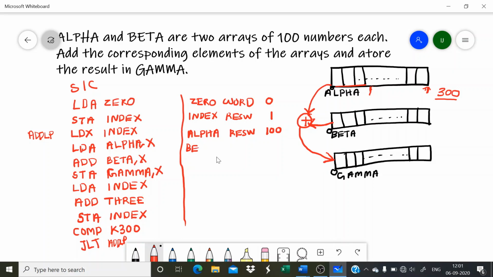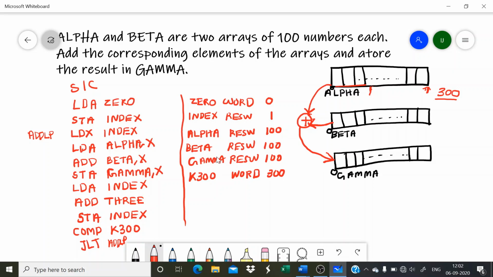Again beta RESW 100, similarly. Then gamma RESW 100. Then check for any other variable. K300 is there, so that also I have to declare. K300 is a constant value 300, so I can use the assembler directive WORD: K300 WORD 300.